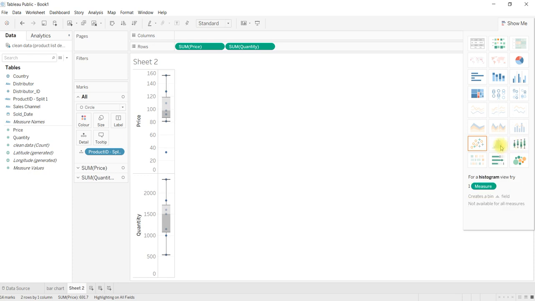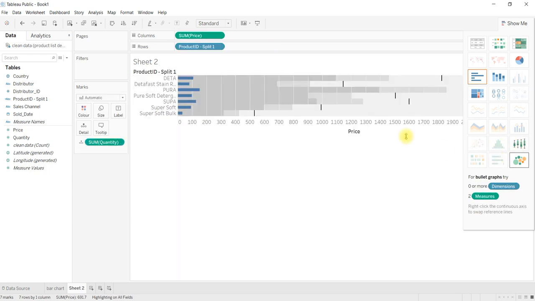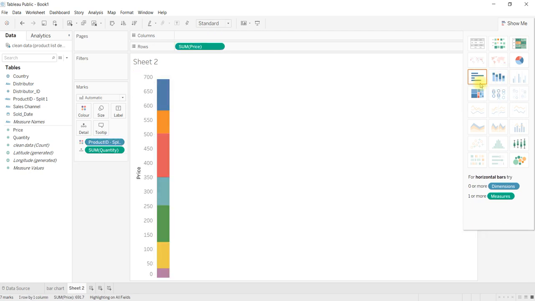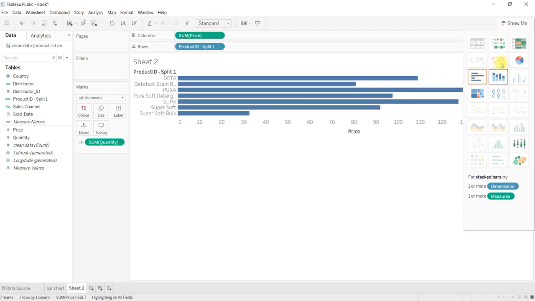You can use many other diagrams also like this. You can select this one, you can use this one. Depending upon your requirement, we have to change the graphs. Like this we can create a new sheet and you can rename that one.